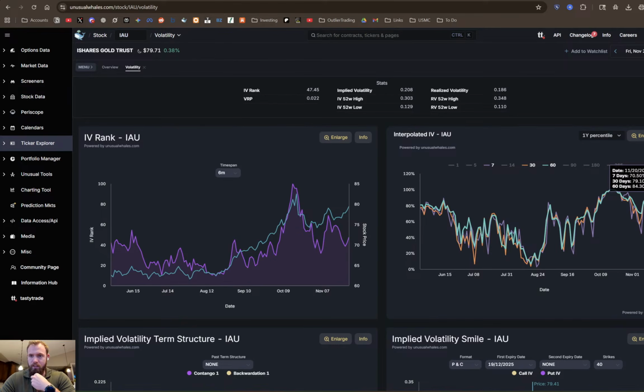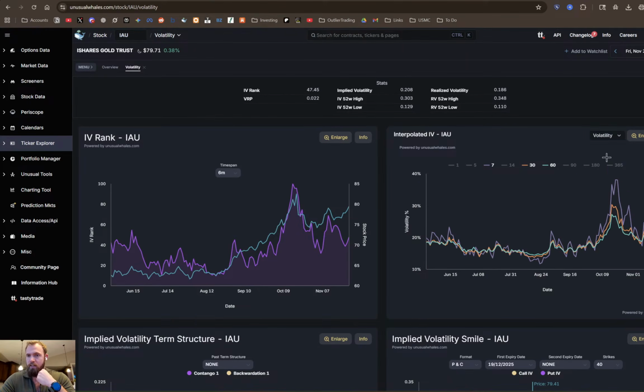And I see stuff in here from the 20th. 30-day options were at the 80% implied volatility percentile, 80%. So it means implied volatility was high. Let's take a look at what the raw vol was on the 20th. On the 20th, raw vol was 21, and it dipped down to a low of 19.8. So it dipped down 2 points.